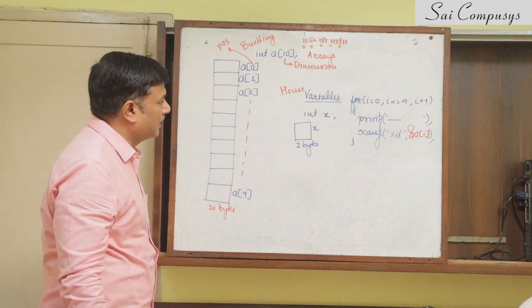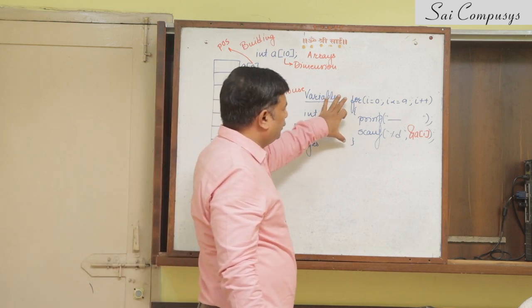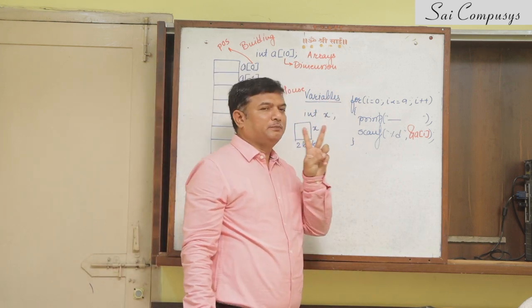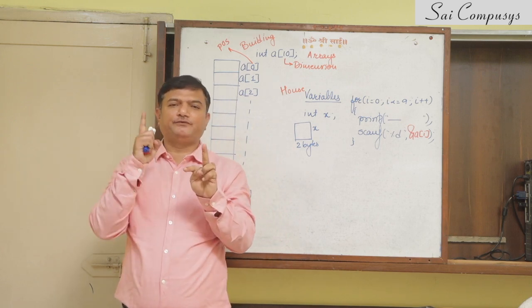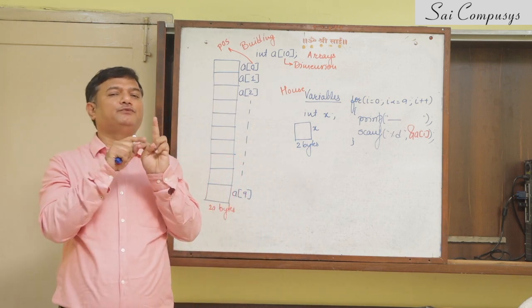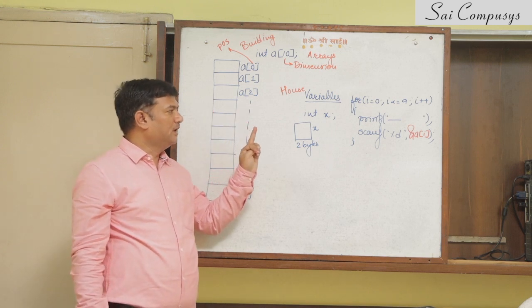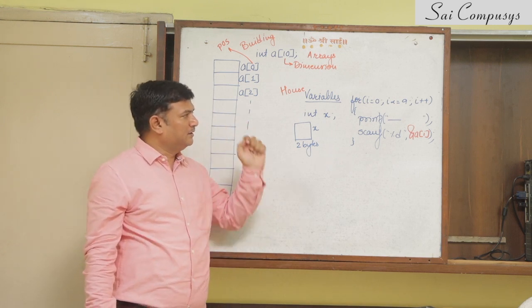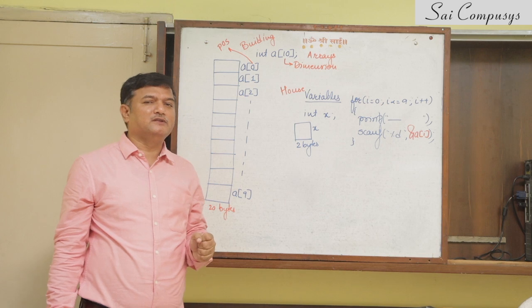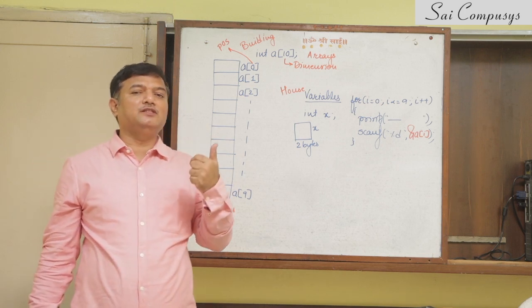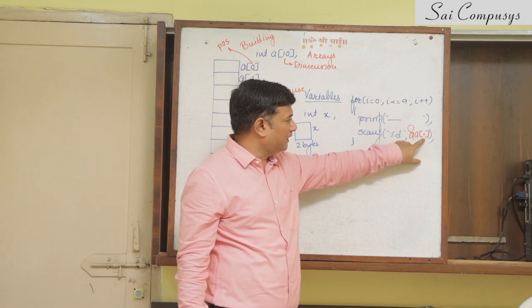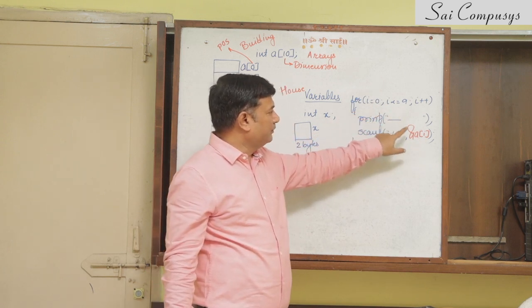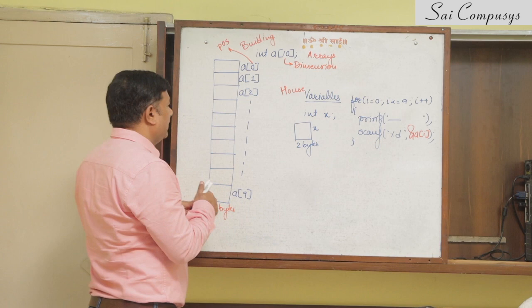Secondly, this loop is solving two purposes. Remember, first, it is repeating the scanf function 10 times. That is the first part of using the loop. But more than that, the most important part of this loop is that it is varying or changing the positions from 0 to 9. You can see over here I have written A of I. So when I is 0, the first element will be scanned on A of 0.